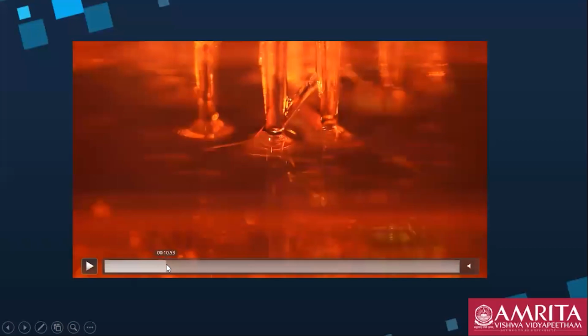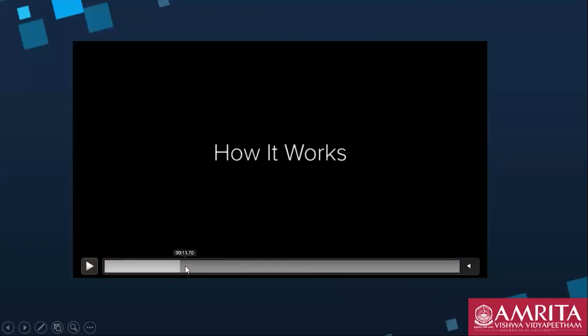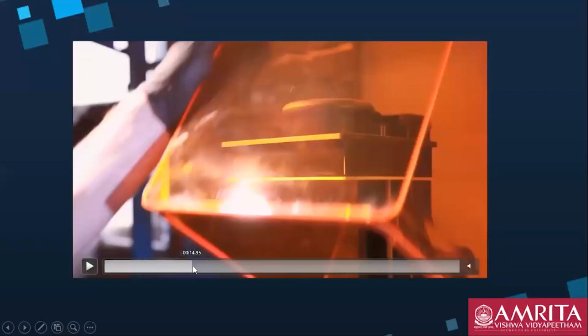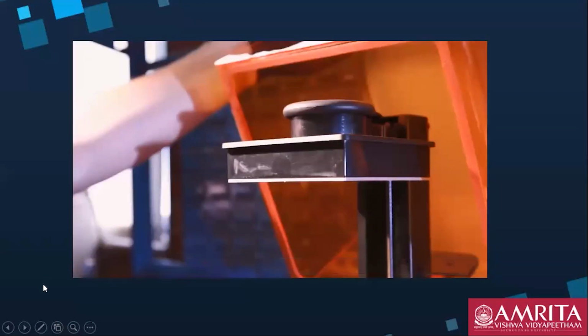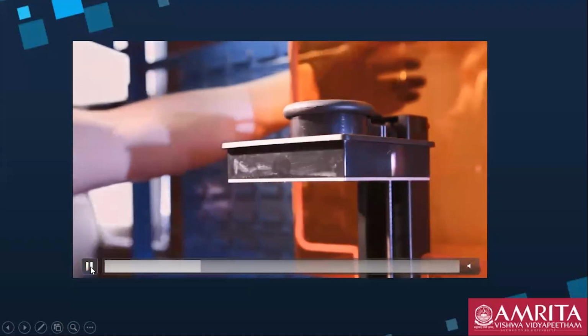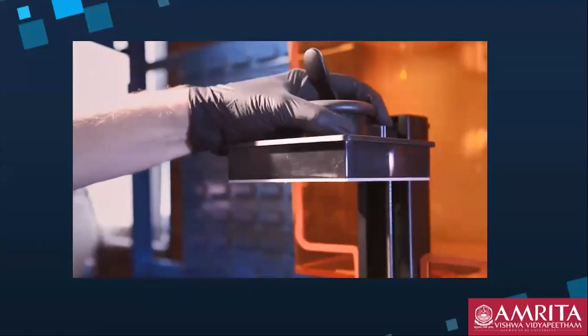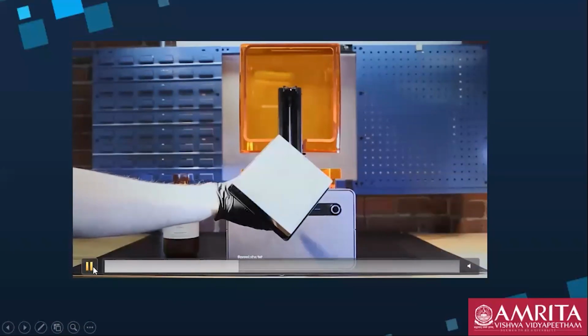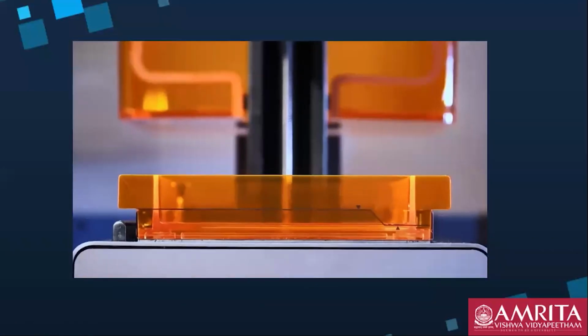Just a second, I'll show you the bed, the bed where the 3D product is actually made. From here they will take out this bed on which the 3D product is formed, and they will show you the reservoir.